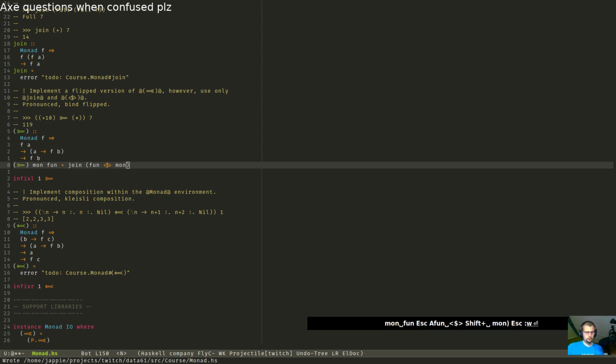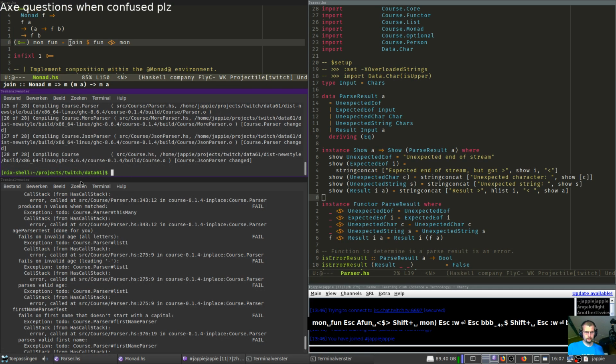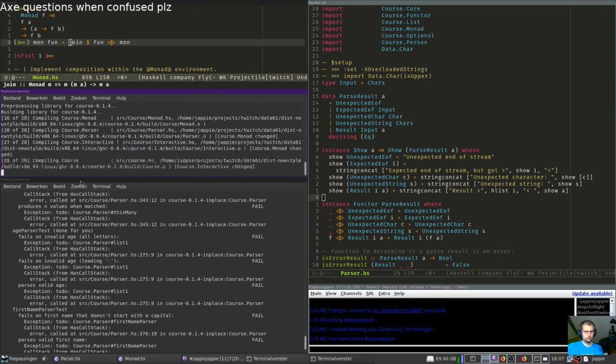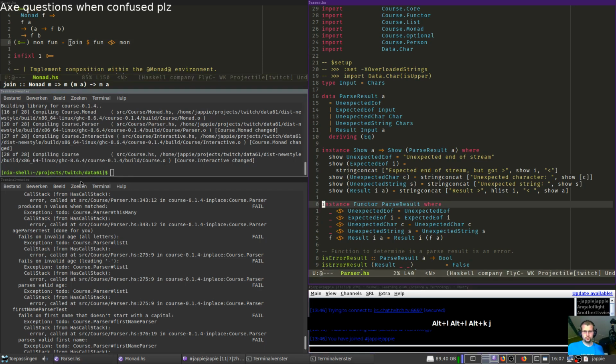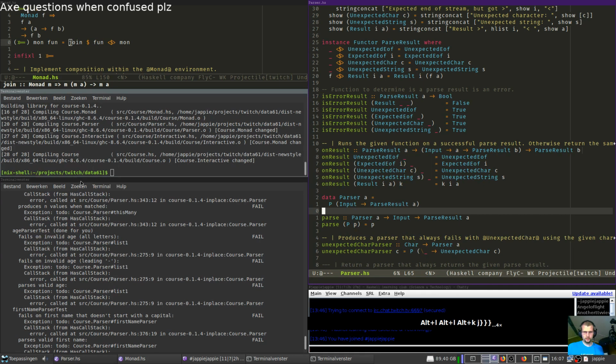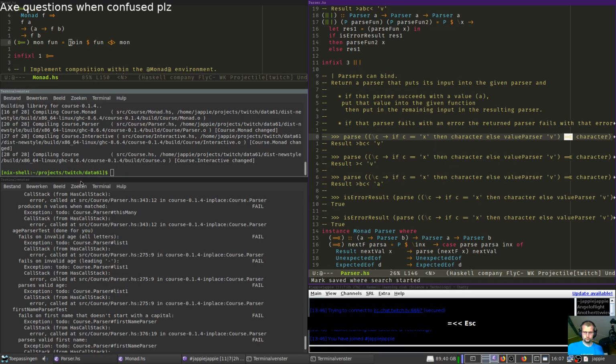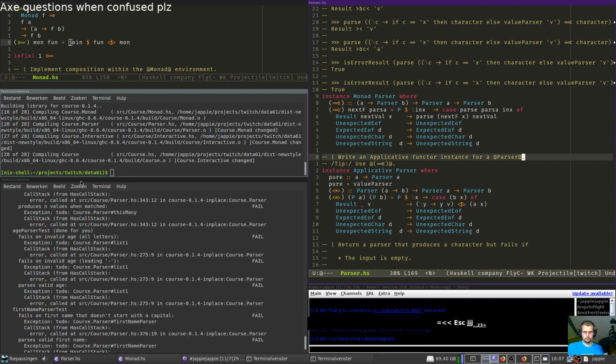One. It's just how it works, okay? Right, now we made do syntax work, which is important to me. And apparently we can use, yeah, we can use this operator.